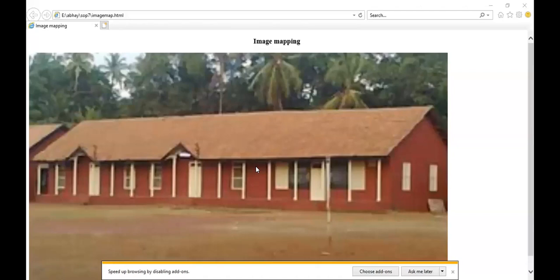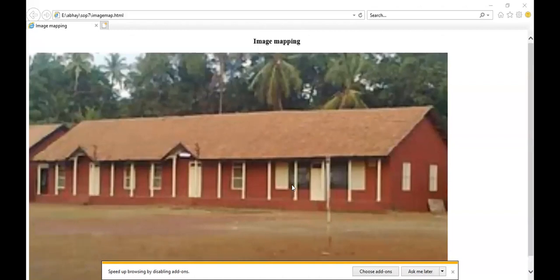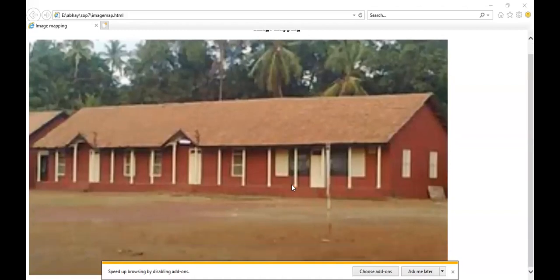Yes, now here is the output of the HTML file. Can you see this image on your screen? It's quite blurry, but let's consider it, because we have to create a hyperlink on the single image, nothing else. We will provide you a good image on your computer when you do the practical in the lab. Now, just for demonstration, I'm using this image which is quite blurry. Here are a total of three classrooms. We can see these three classrooms.